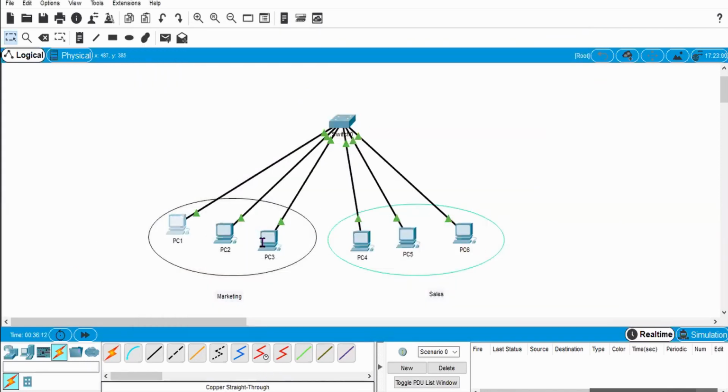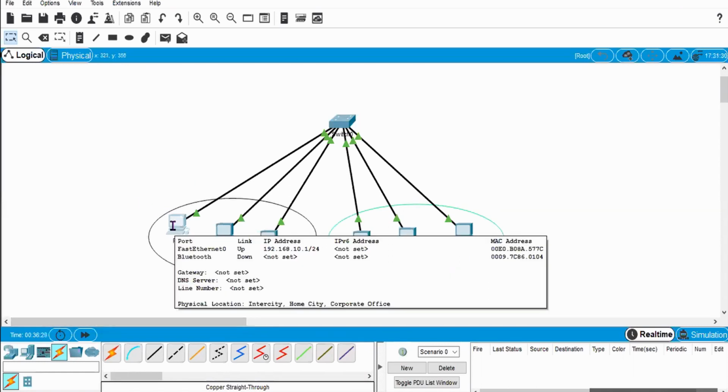Another thing we will do today is we will not change the basic or root network, and we will divide it into various subnets. In this case, we will divide 192.168.10 into two parts, two clusters.